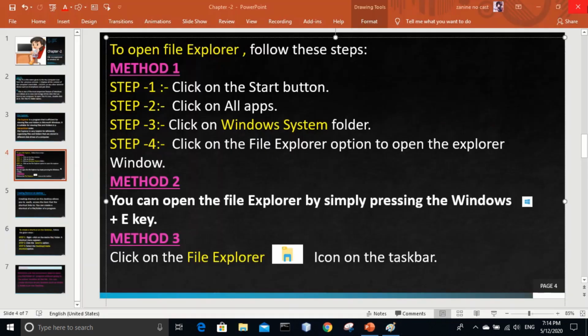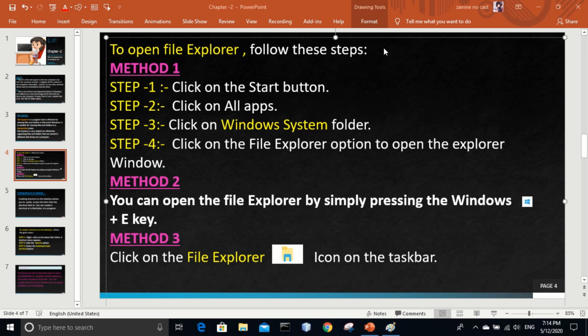So let's revise again. In method 1 we need to click on the start button. After the start button we need to go to Windows System. Inside Windows System we find File Explorer and we just need to click on it. In method 2 we need to take help of the keyboard.